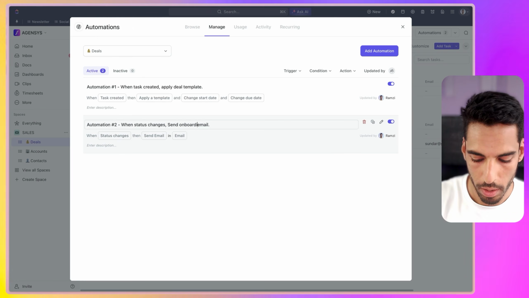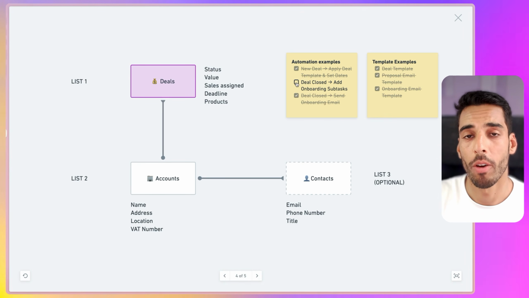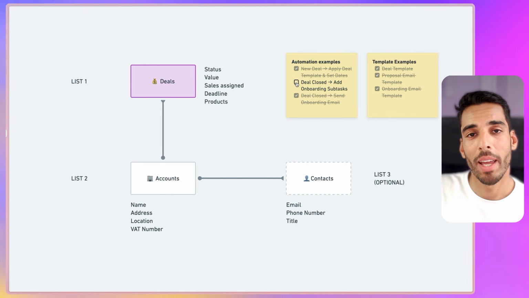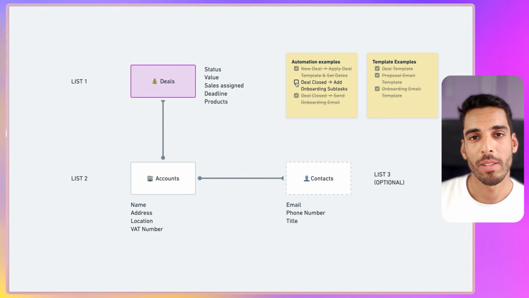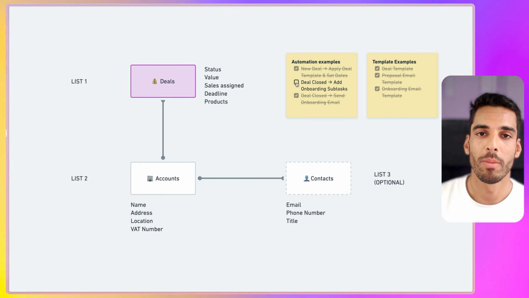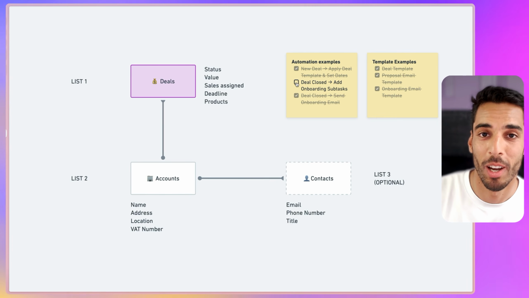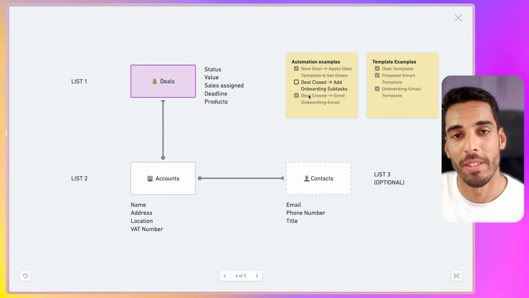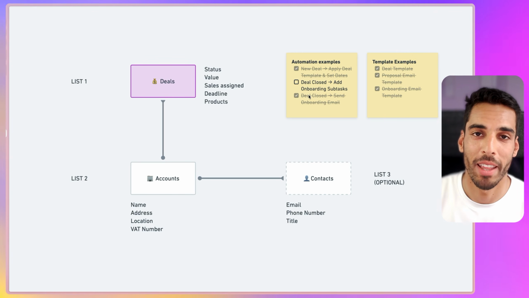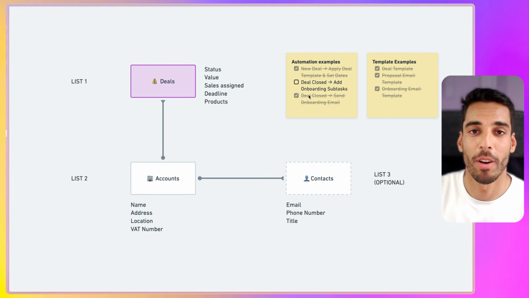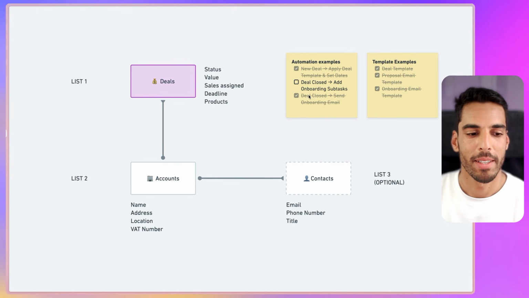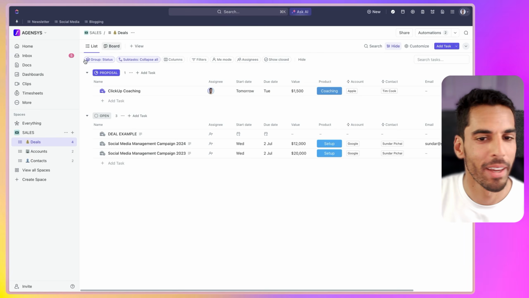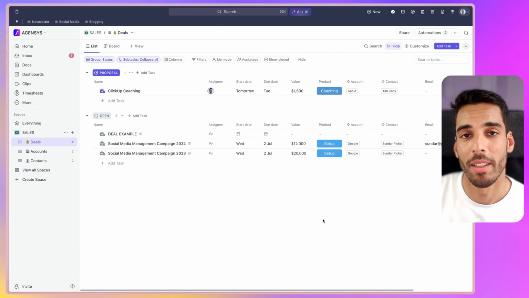The deal closed, add onboarding subtasks, because that way, each time a deal is signed with a client, we can create some custom subtasks that will allow us to make sure that our deal starts and kicks off. As soon as the client is closed, we will add the onboarding subtasks and we'll make sure that our onboarding goes through the best practices of your agency or your company so that it basically follows the right process. Let's close this one out and get back into ClickUp. We are going to create this automation.